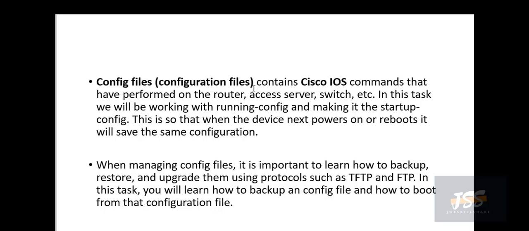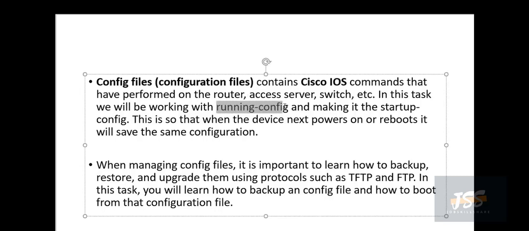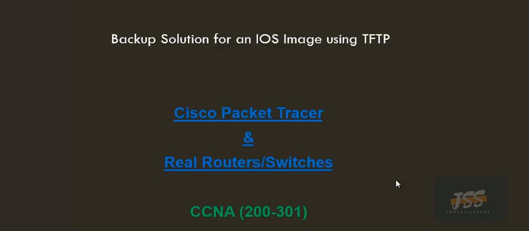So in short, the commands we have inputted the first time on the router, if we want to save them, then we have to copy them to the startup config, so that whenever there is a power failure or we boot up the router, the configuration is saved. So the configuration can also be saved by moving the image using TFTP. We will be using the platform of Cisco Packet Tracer and the real-time routers on the Practice Lab platform.